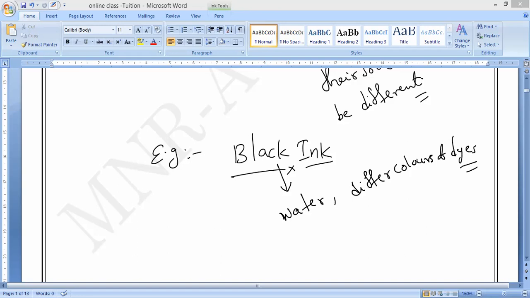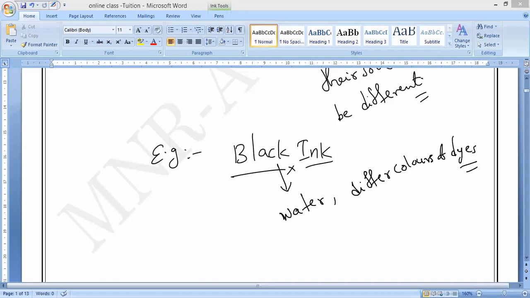A special type of paper is used, not normal paper. Normal paper becomes wet very fast, so chromatography is not that effective on it. So they separate to give colored components which we can see as colored spots on the paper. That is why we use a special type of paper for chromatography. That paper is called chromatography paper. It is a special type of paper.